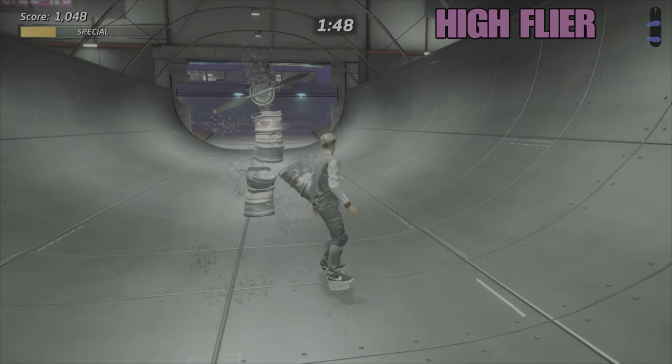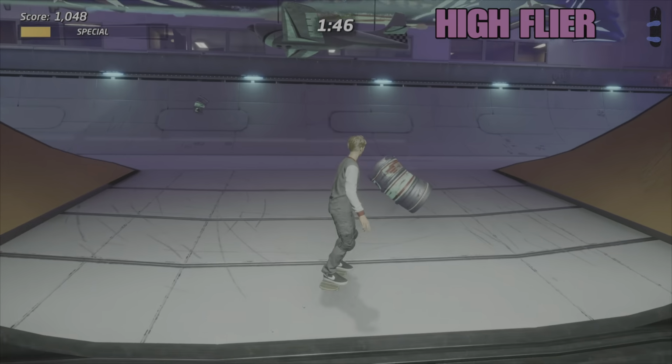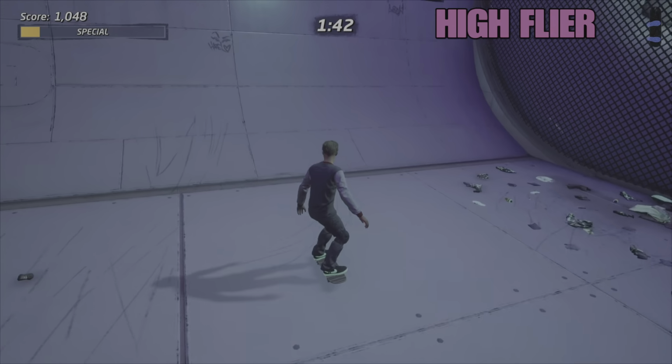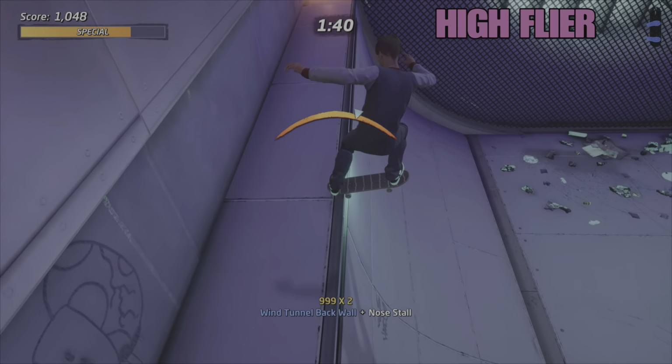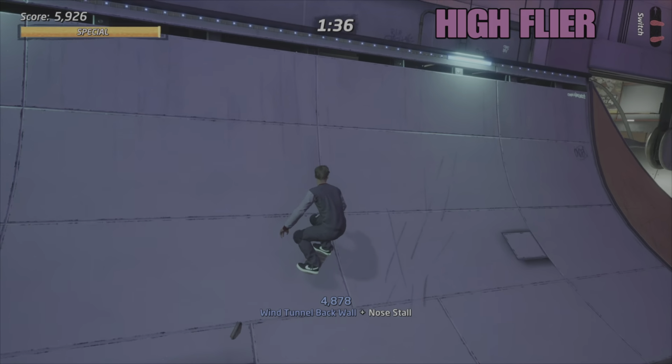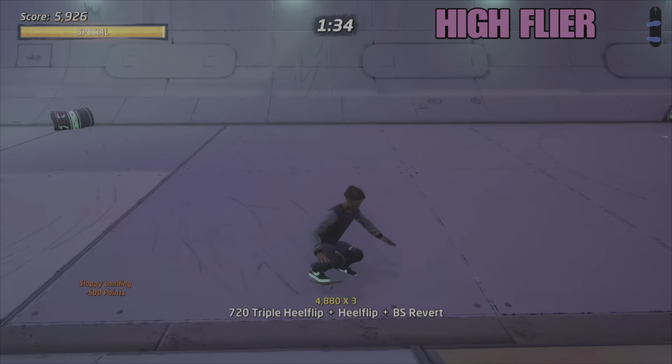And from here, I'm basically looking to get a combo move that goes over that gap, basically the entrance that I've just come in from. So I'm looking to get the special meter up first, and then I'm going to go for it straight away here. And